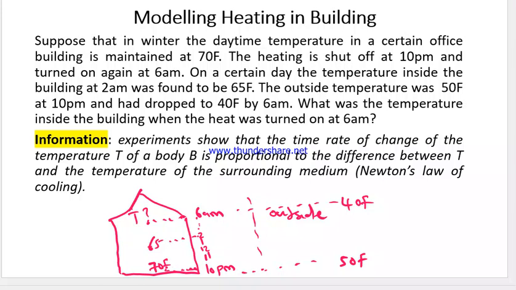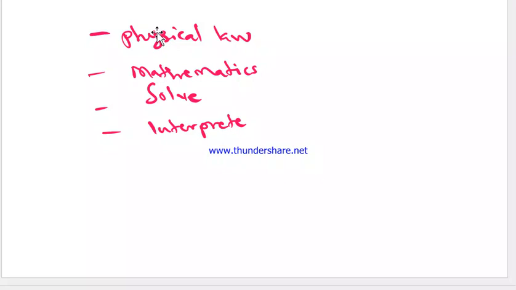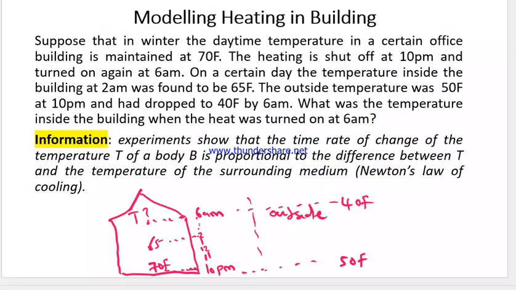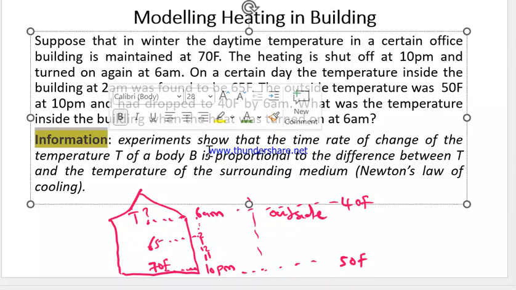Normally, when you visualize this, you realize that 70 degrees Fahrenheit at 10 p.m. when they close had dropped to 65. So it's expected that by 6 a.m. the temperature will drop further. So to make use of the stages of solution, what is the physical law guiding this process? So we are given information here that experiments show that the time rate of change